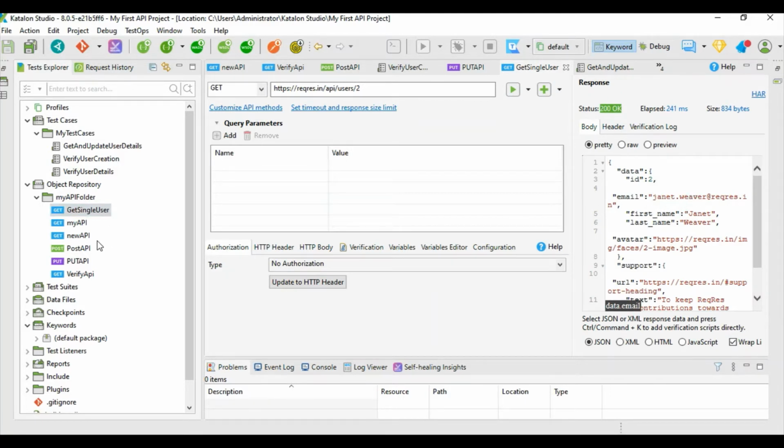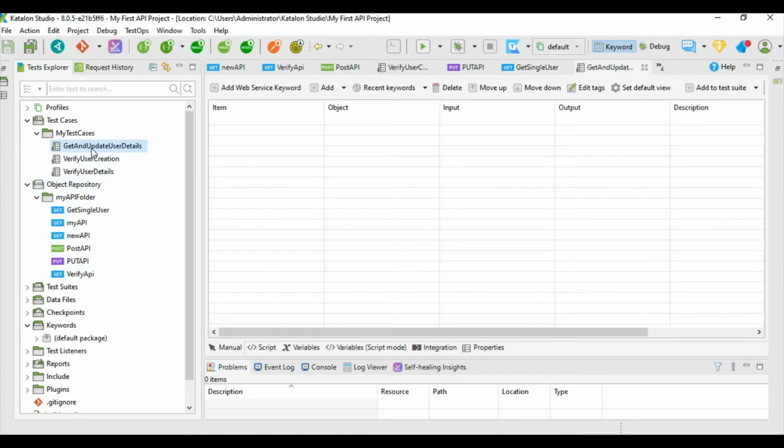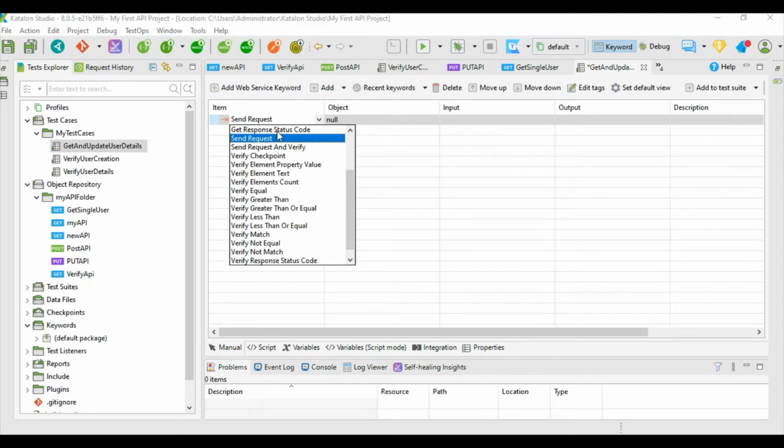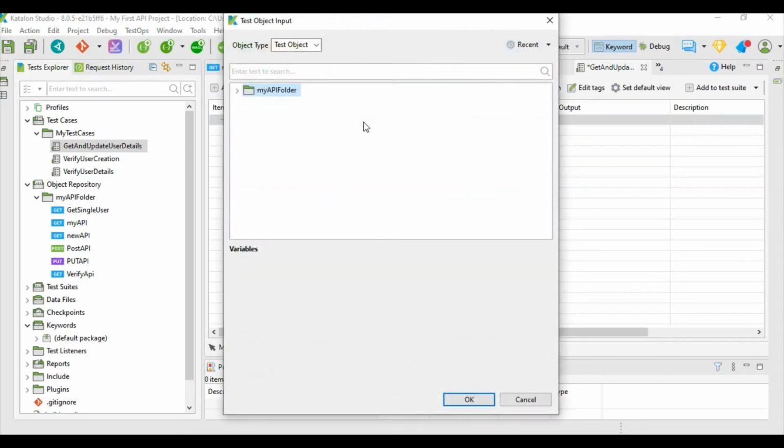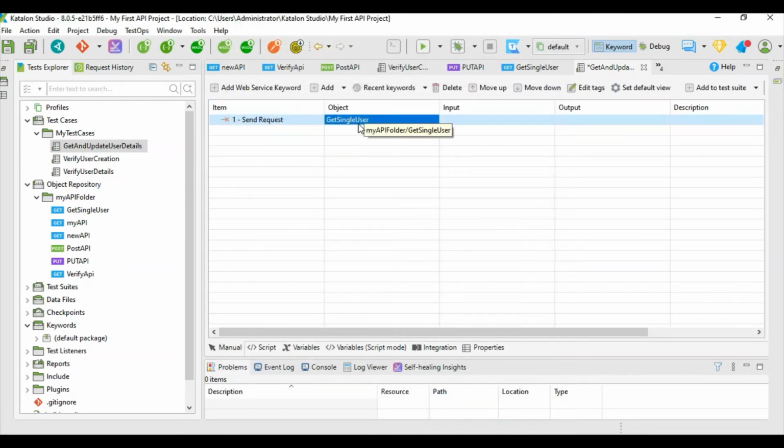So let us go back to our test method. First we're going to send a GET request, using our get single user, and we're going to save the result, let us name it get output.